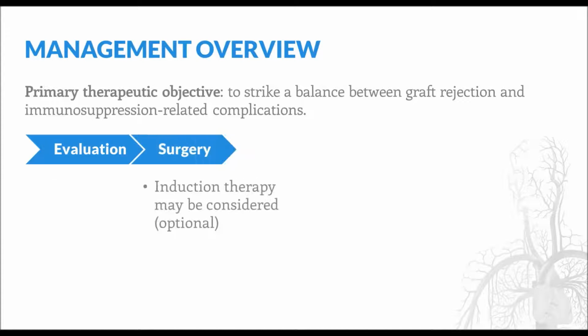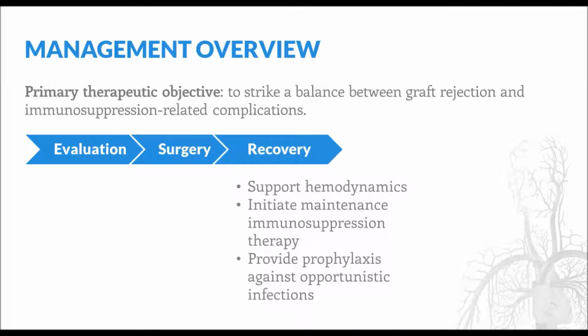During the surgery, the host organ is implanted. At this time, the team may administer induction therapy, an intense burst of immunosuppression meant to deplete the host immune response. Following transplantation, hemodynamic support and prevention of acute graft rejection becomes a priority. Since immunosuppression may hamper the body's ability to fend off infections, prophylaxis against opportunistic infections is also initiated at this